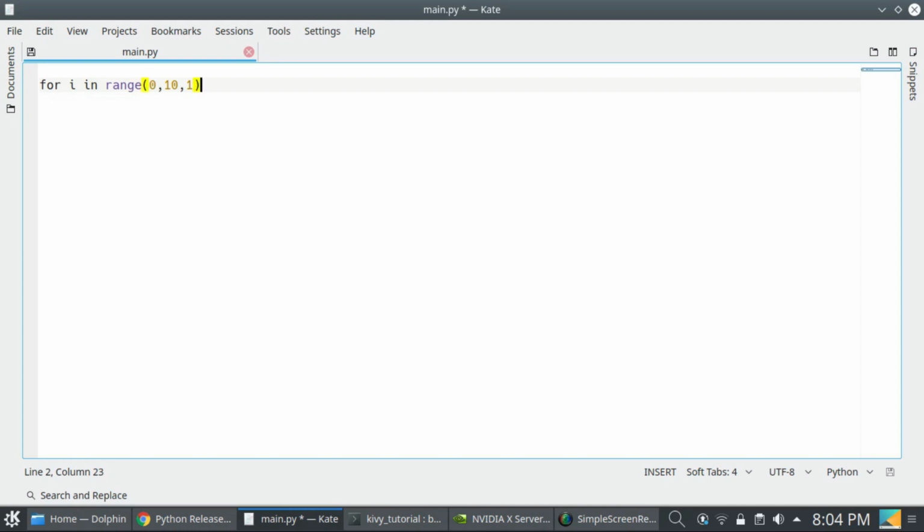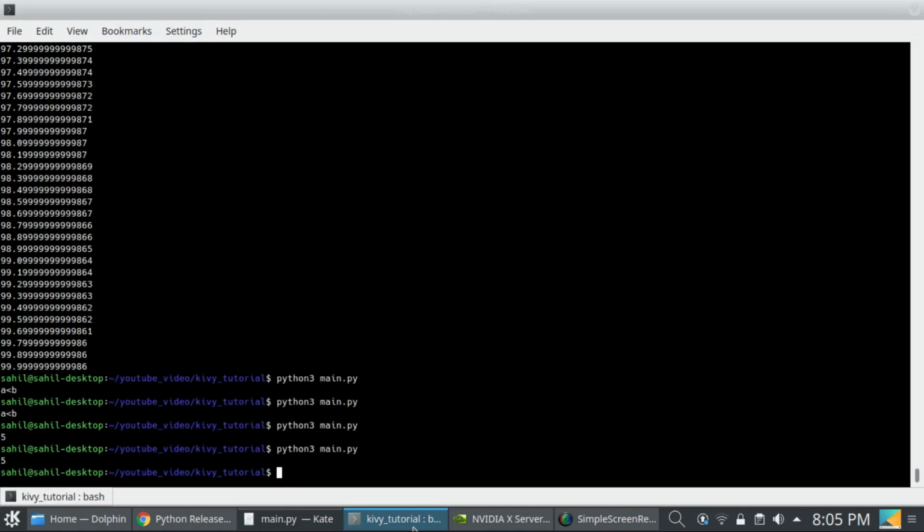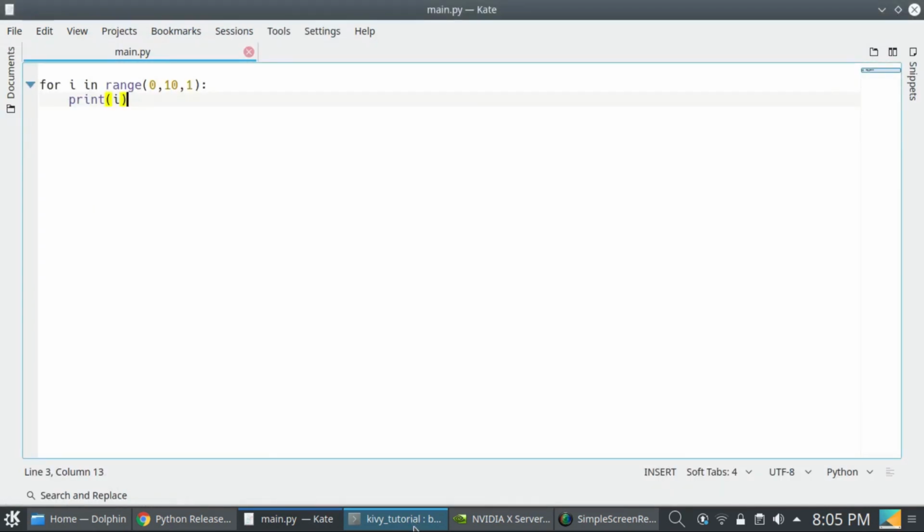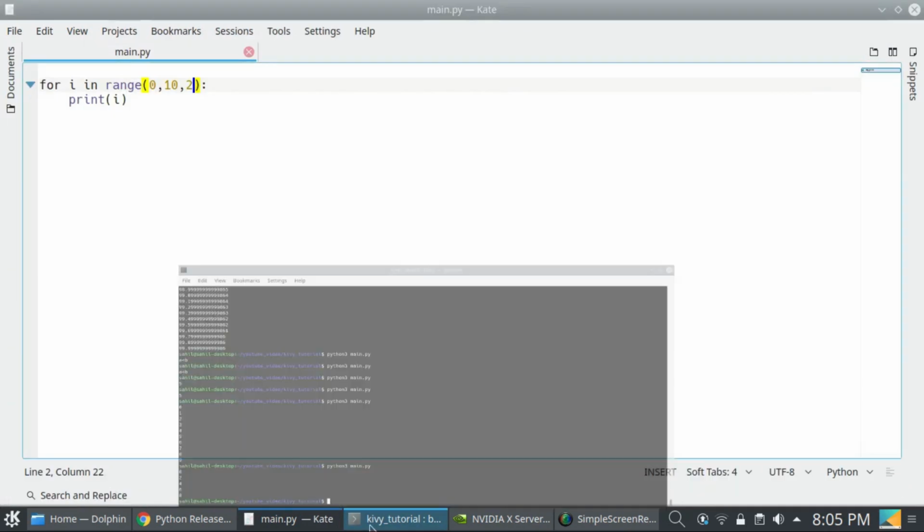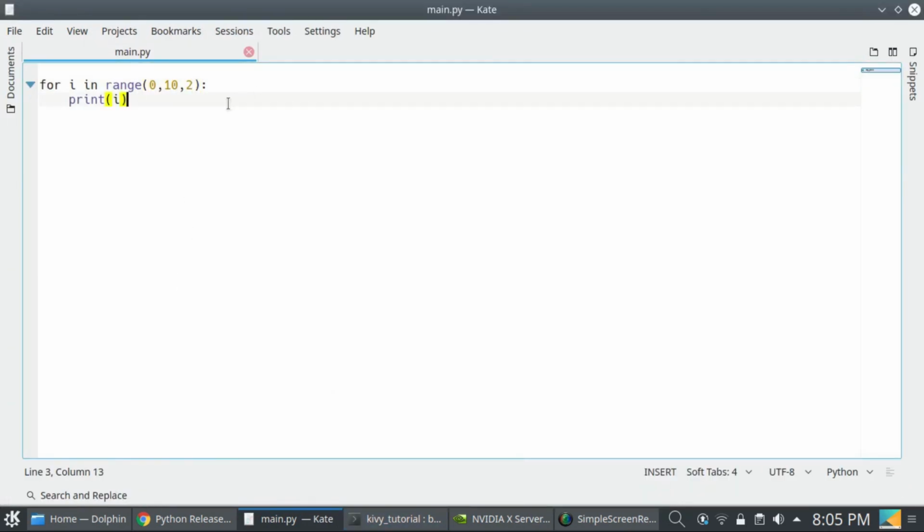You can write i, or you can change the gap equal to 2. In a for loop you can use only integers.